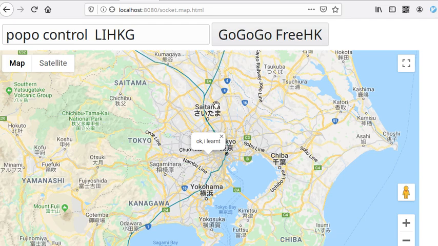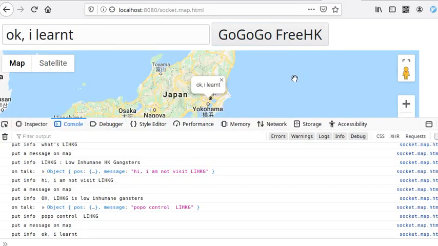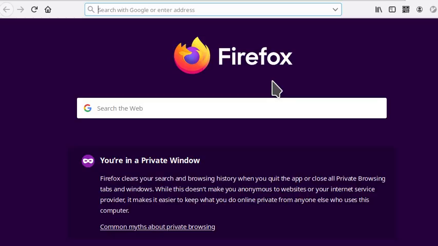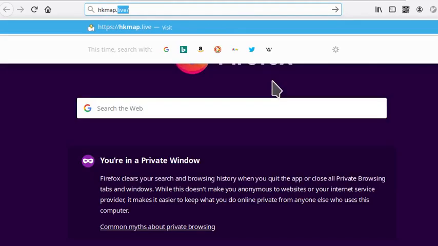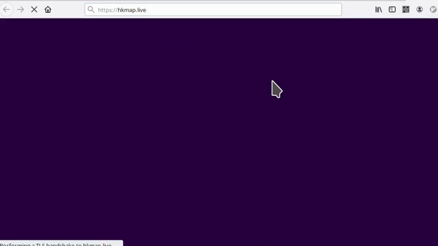In real time, you should be able to use mobile phones in different locations, and computers, laptops, desktops in different locations, and share your message on the map, and you can see each other's message. And if possible, next time we are going to talk about how to put some Popo on the map. Then people can learn something like HK map. Okay, I'm going to tell you something more about